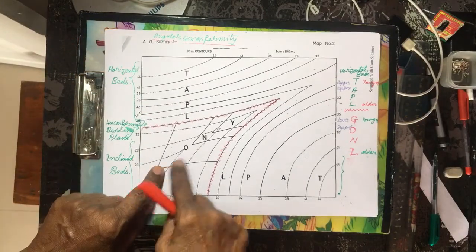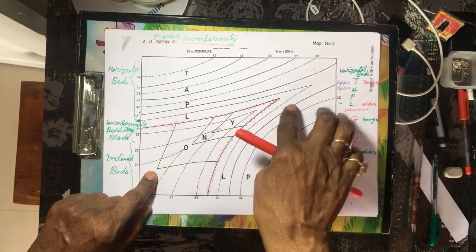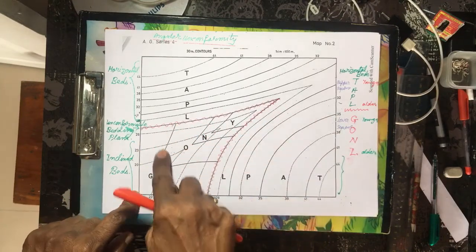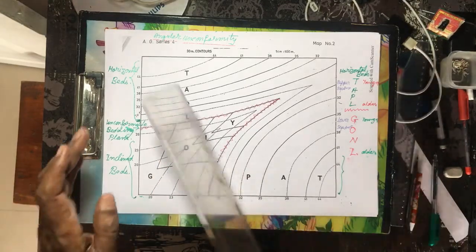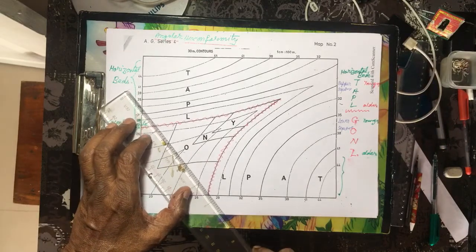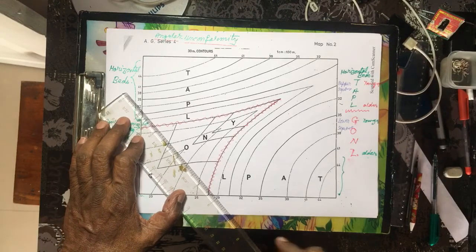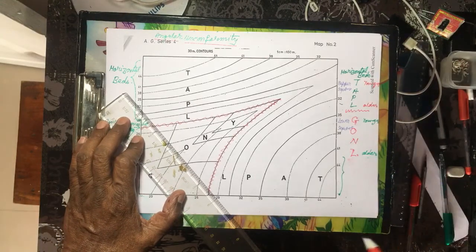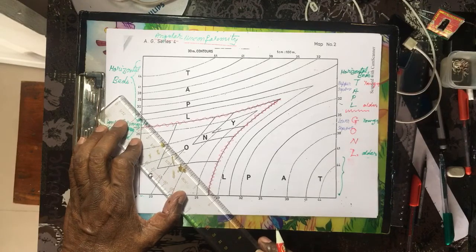The second sequence, they are intersecting. They are just going inside the upper sequence, and they are making an angle. So these angles we can find out with the help of them. We can draw the strike line, and with the help of these strike lines we can find out the direction of the dip, as well as the amount of the dip, the same as I told you in the earlier map.